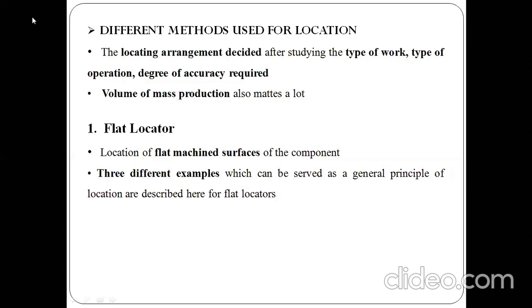So it is necessary to identify the location of your workpiece. After identifying the location, we need to restrict the direction of movement of your workpiece to carry out the machining operation properly and get better accuracy. And after identifying the location, we need to restrict your workpiece to the specific location. So we are using different methods to locate your workpiece to the proper position. What are those different methods? Today we will discuss these methods in detail.